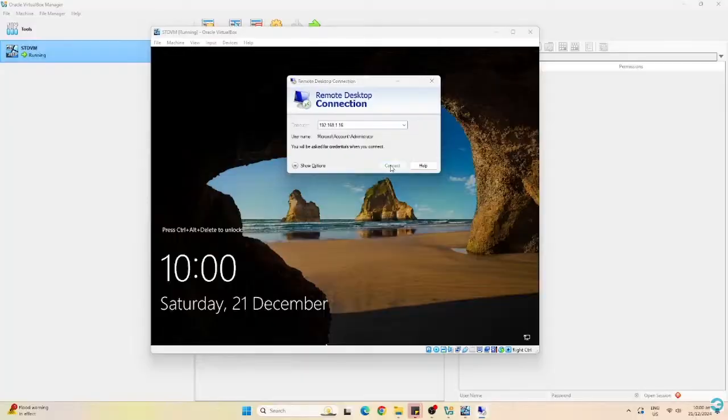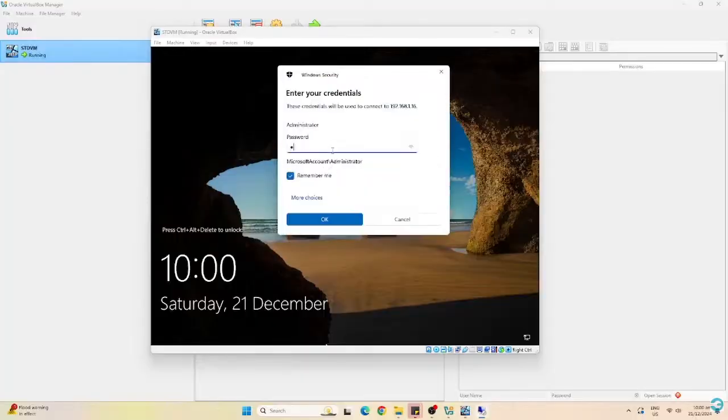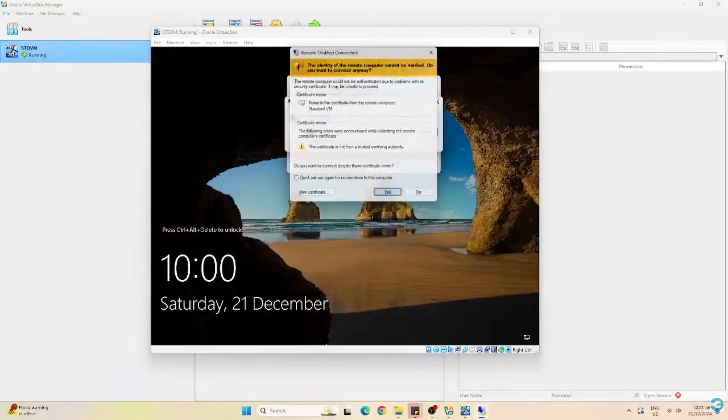Hello. In this video, I will show you how to install VirtualBox and create a Windows Server 2019 VM that